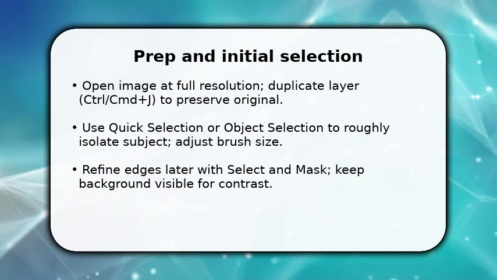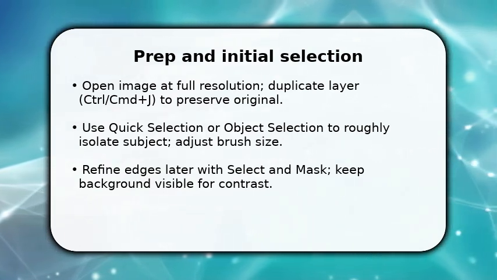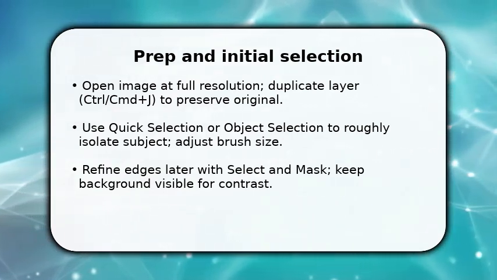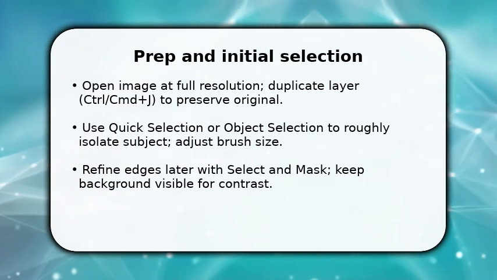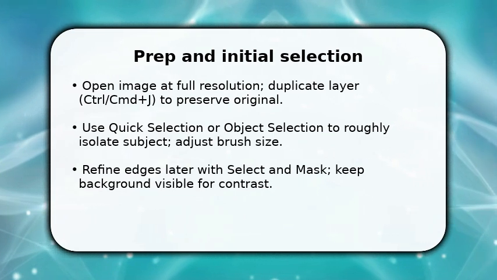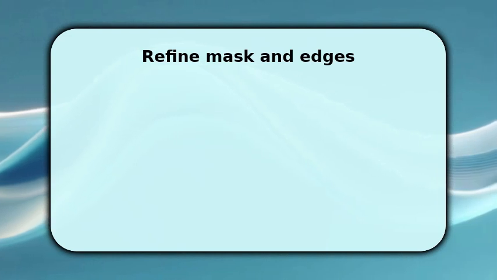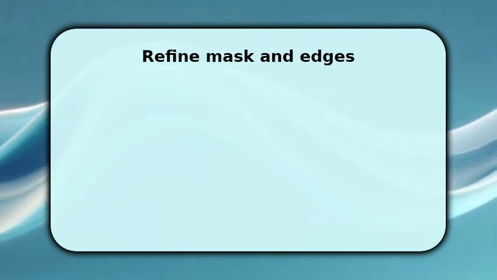Once you have that rough selection, make a layer mask immediately so you can non-destructively refine. Make sure to hide complex hair areas for later and increase brush size for broad areas, because that speeds up the next steps. Once done with a rough mask, open Select and Mask to handle tricky transitions like hair or